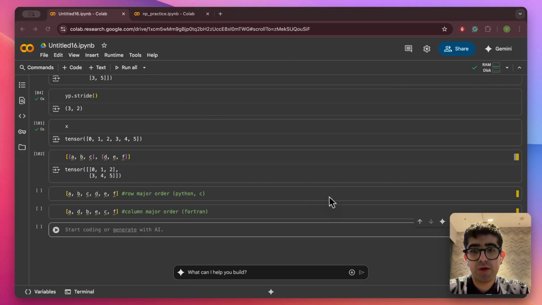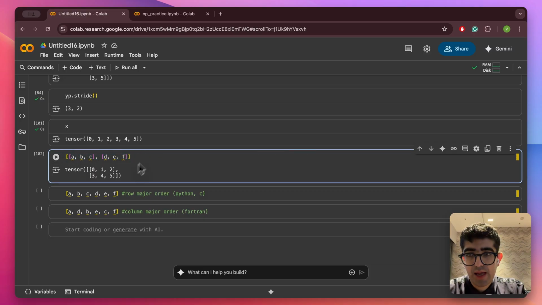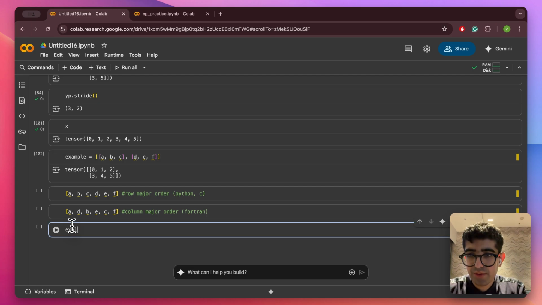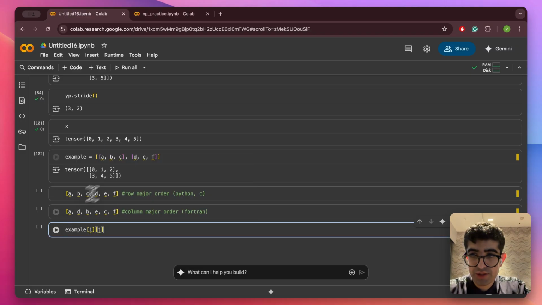And one more thing that we need to talk about when we mention row major order is how we access elements in this 2D, or more generally a multidimensional, matrix representation. So let's say we have this 2D matrix, and let's call this example. Now we want the I comma j element in this 2D matrix. So the way that we would do that